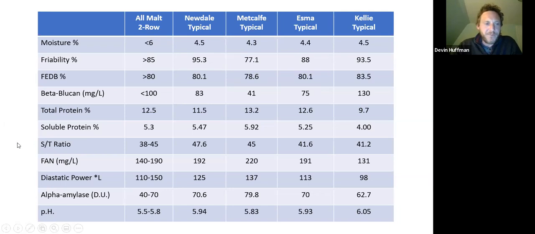So I guess I don't know how... I mean, I've been rambling on about these malt analyses, but I'm not really sure how often you guys are getting access to a full spec malt analysis like this, looking at beta glucans, total proteins, S&T ratios. I've seen malt websites or manufacturer websites where they're basically giving you a range of diastatic power, alpha amylase, and maybe FAN, but